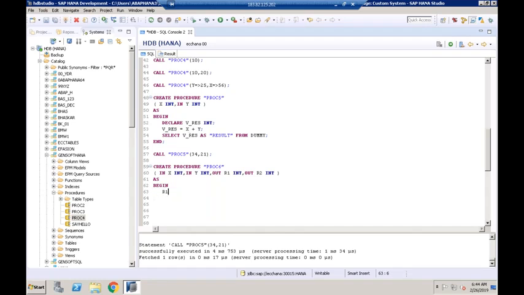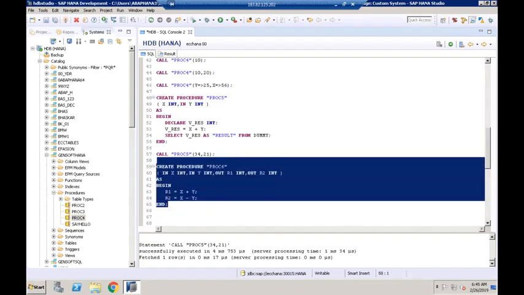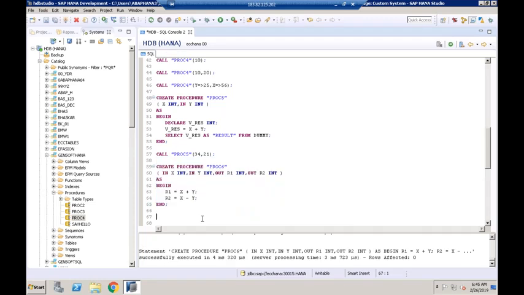I'll say R1 is equal to X plus Y. I'll take another parameter, R2. R2 is equal to X minus Y. Okay, so let me try to execute this. The procedure got created. What is the signature of the procedure? Input parameters and